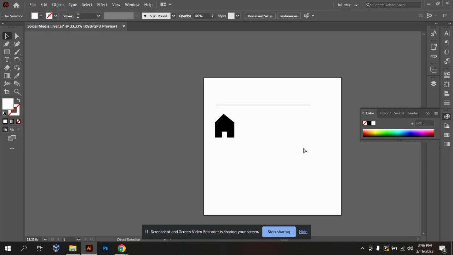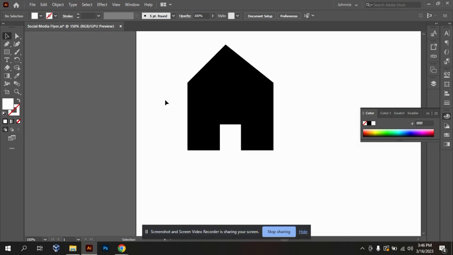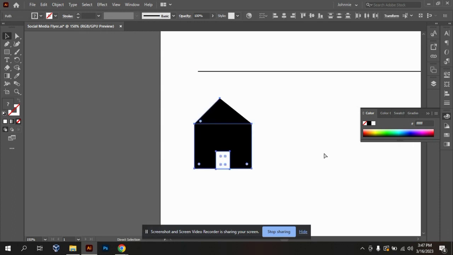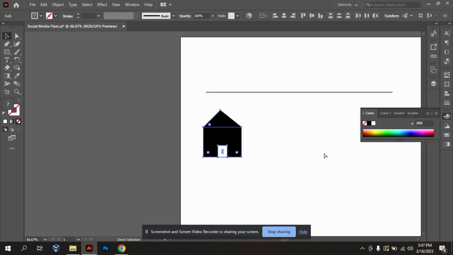A house icon. So you can see that we are able to create this now using just our what? Our pen tool. Can you see? Nothing more. We just use only our pen tool to create this. It's as simple as that. So now